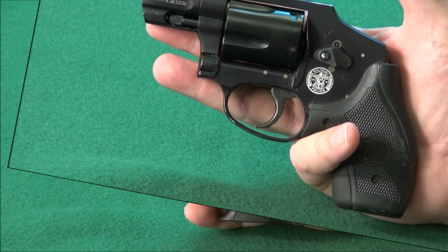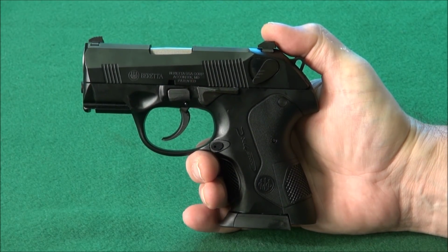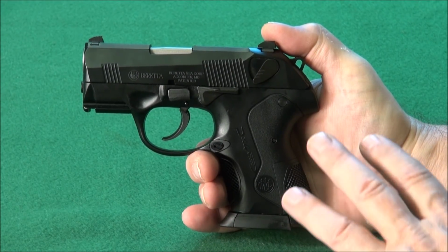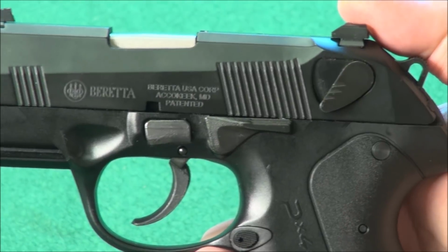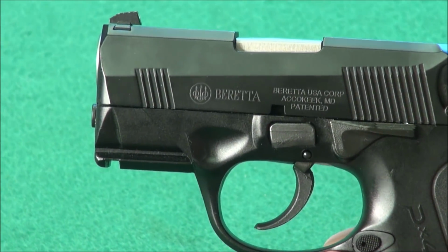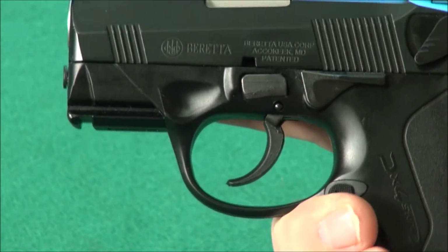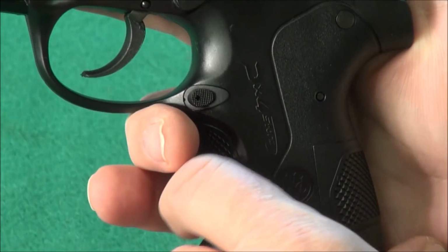Let's look at something else right now. Let's represent Beretta, and I really do like this PX4 Storm subcompact. This is a 9mm. You can also get it in a 40, and this one's 10 rounds. Kind of looks like a blow dryer, doesn't it? Beretta's always got unique looks on their guns, but it's super high quality,